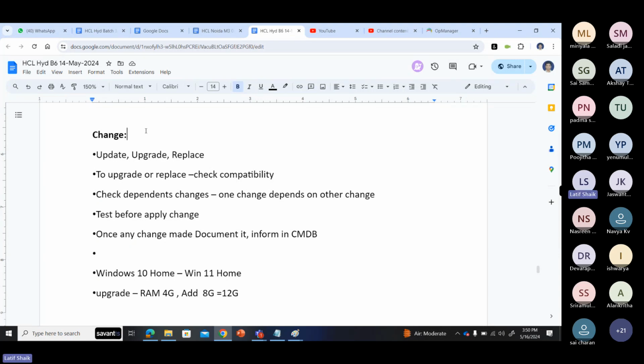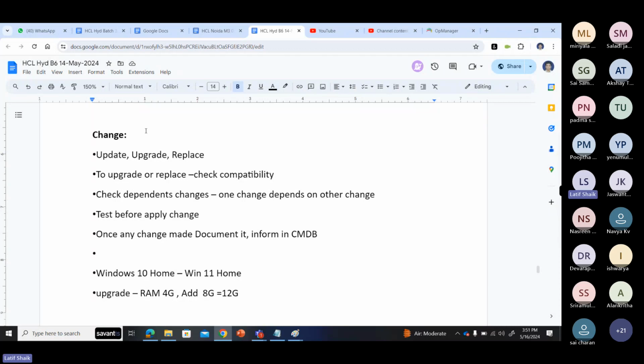What is change management? I already told you, to solve an issue you can also make some changes. Change means updating, upgradations, replacement. It can be updating a server, updating an antivirus, updating some code, or updating some settings. Upgradations: maybe I add extra RAM, maybe I upgraded my cable, maybe I upgraded my router, and maybe I upgraded my firewall.